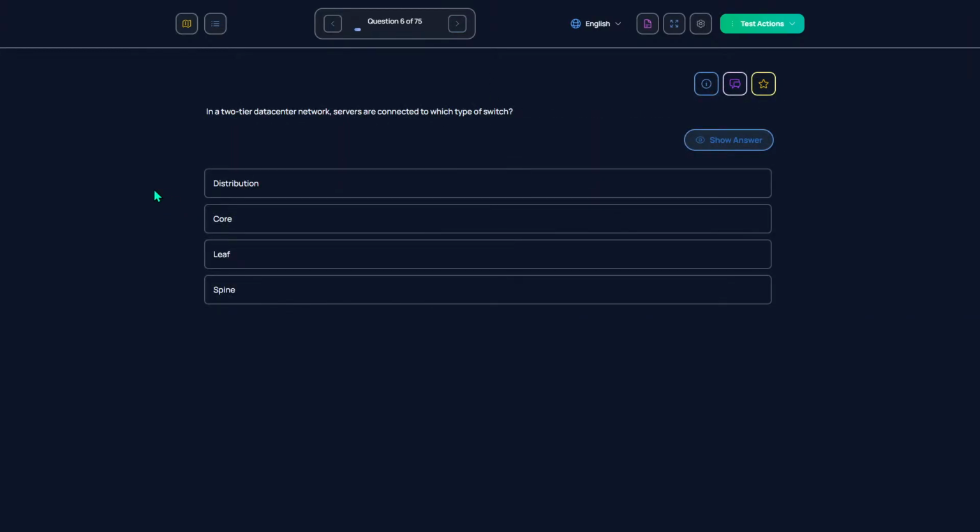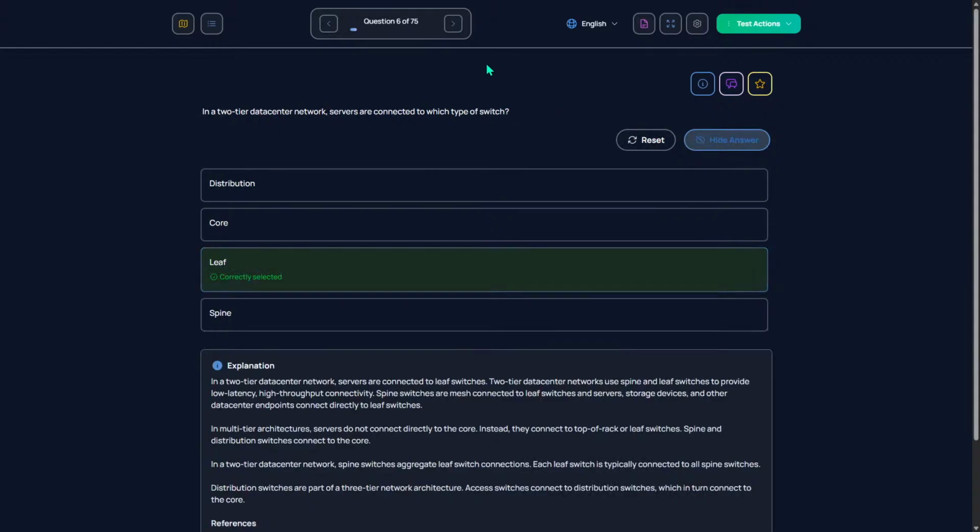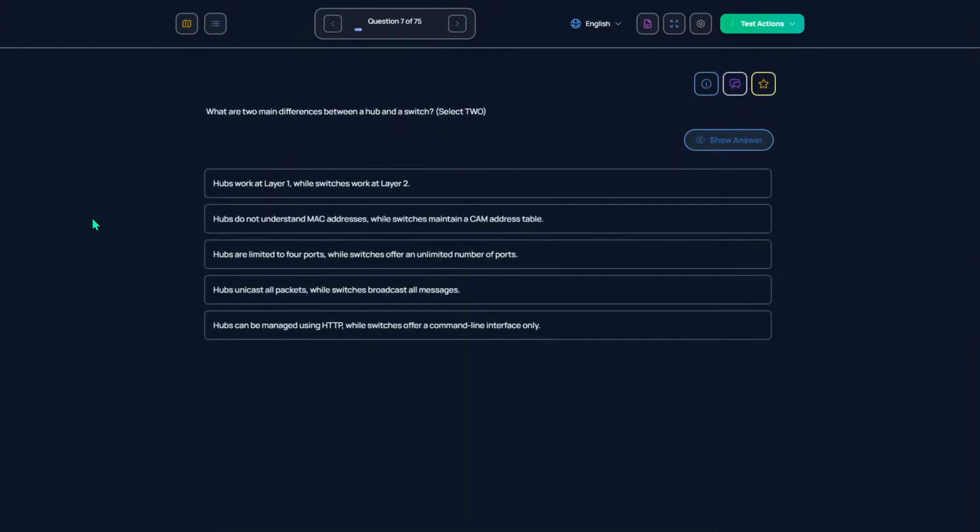In a two-tier data center network, servers are connected to which type of switch? A leaf switch. What are two main differences between a hub and a switch? Layer 1, layer 2.